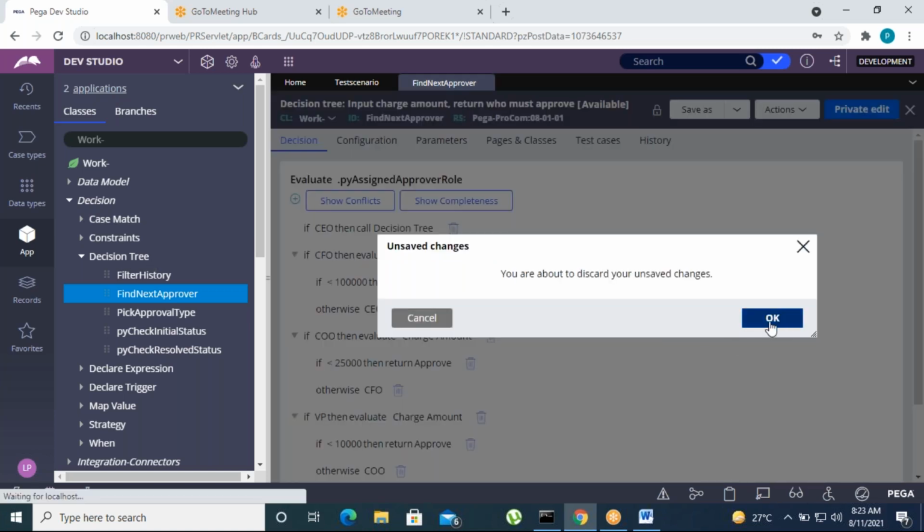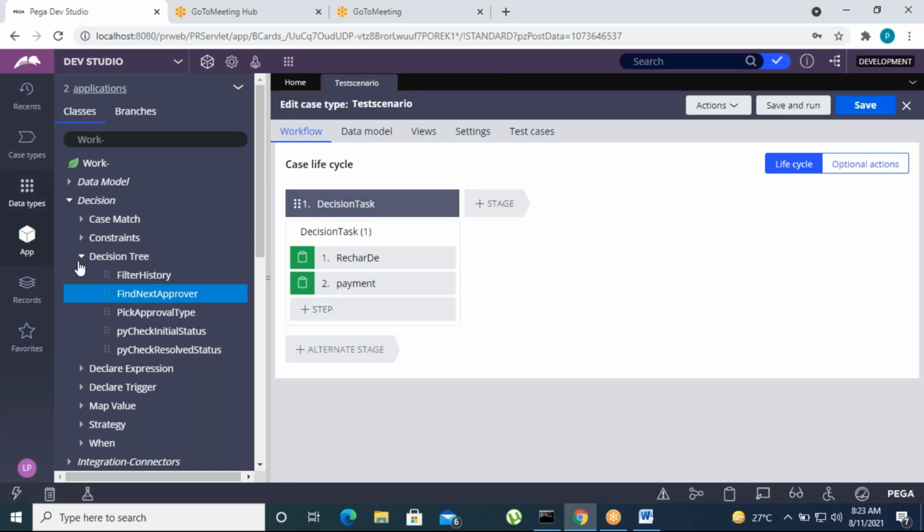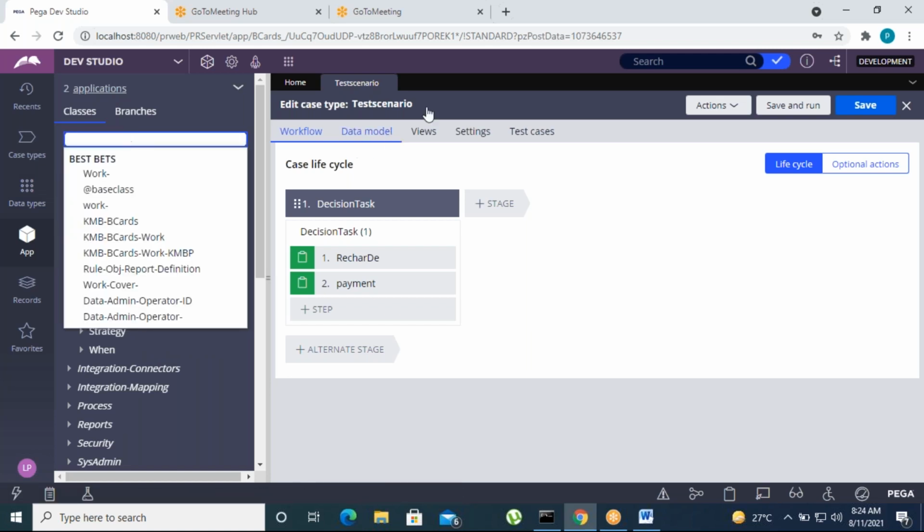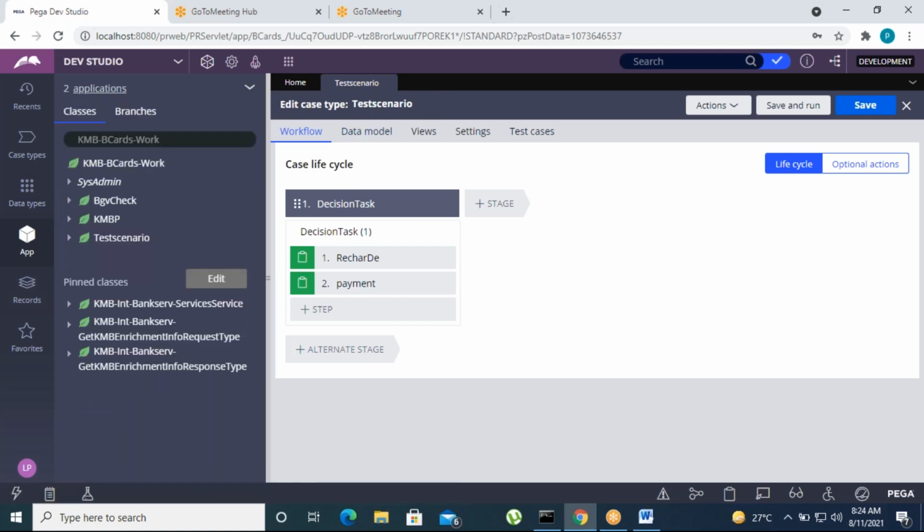Fine. Suppose I'm going to create the same coupon codes. How do we create the decision tree for coupon codes? Right-click, and only two steps change; all the rest are the same.